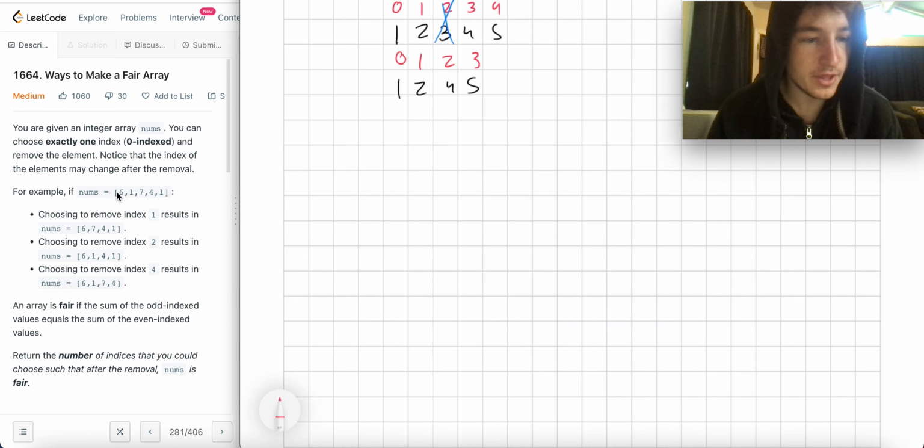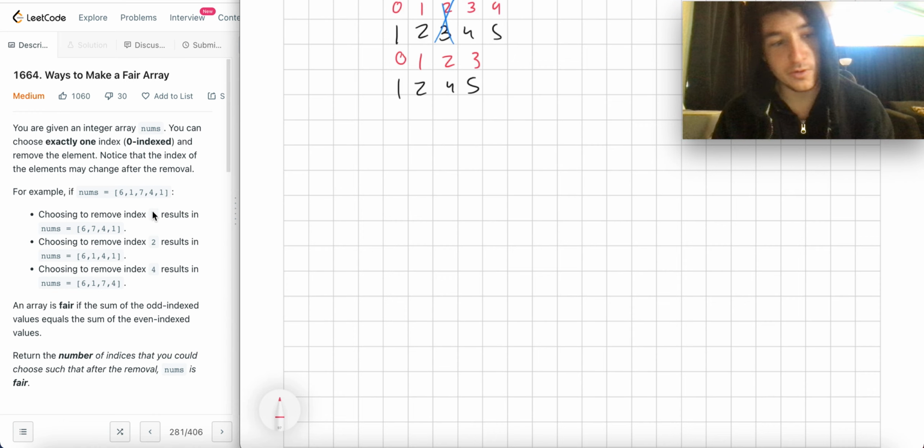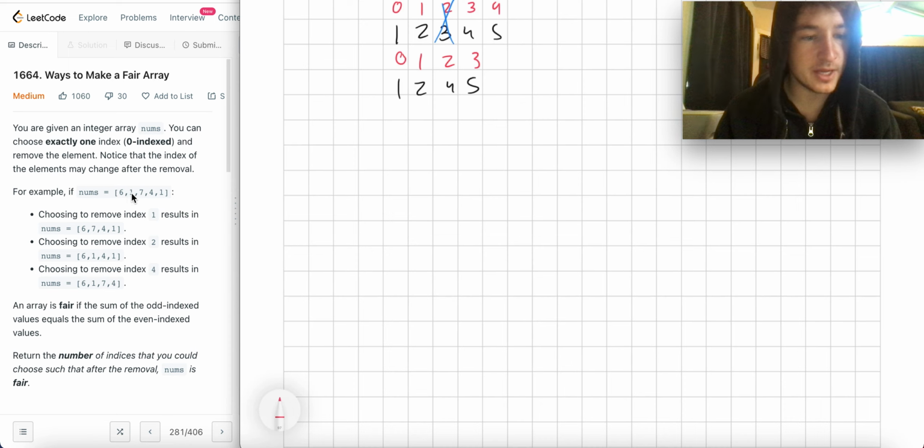Okay, for example, this, right? If you remove index 1, you have this. If you remove index 2, you have this. Choosing to remove index 4 gives you this, right? So you remove index 1, then the item at index 1, which is 1, gets removed, and you have this. If you remove the item at index 2, 0, 1, 2, so you remove 7, now you have this. So far,